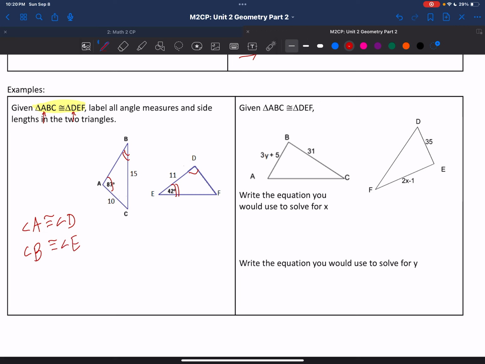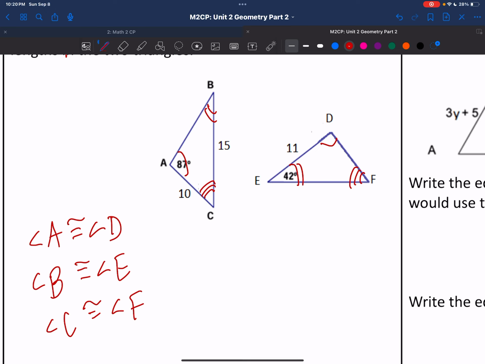And then lastly, we have angle C should go with angle F. Now we know all of that, we can start to complete the information. So let's fill this in. So we said that to find this missing angle,